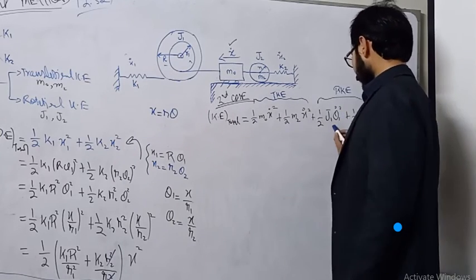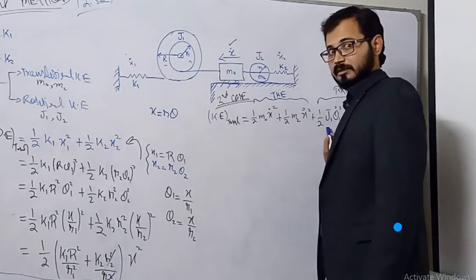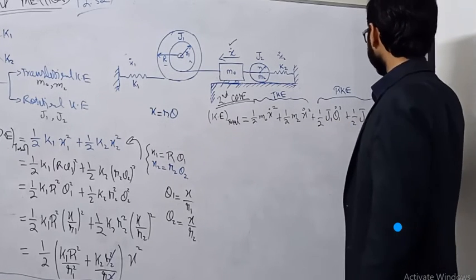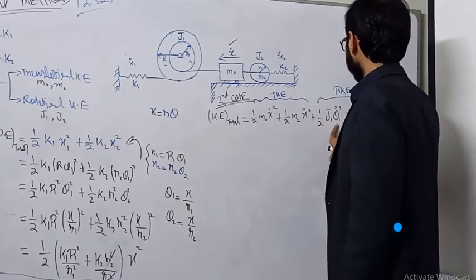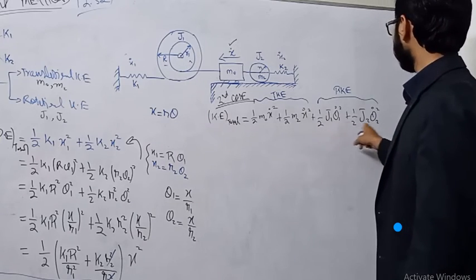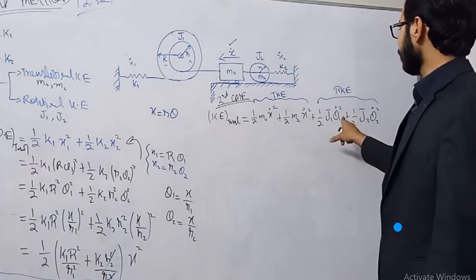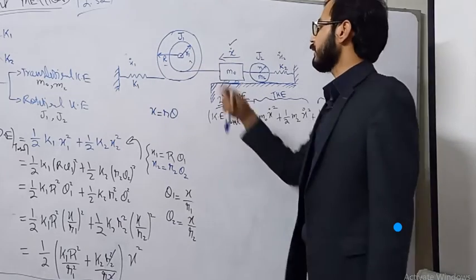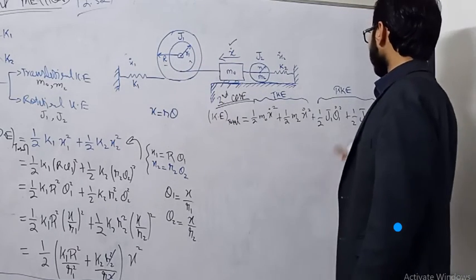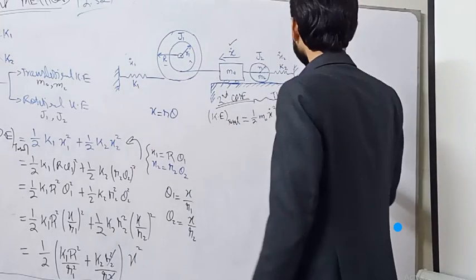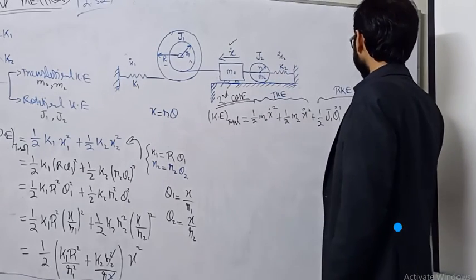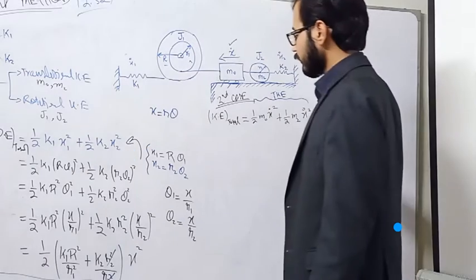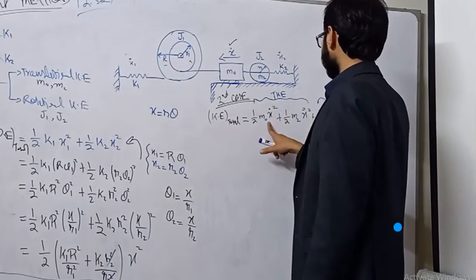So again, in this case, we have a rotational element, and theta 1 and theta 2 and the velocity components are in the form of theta 1 naught and theta 2 naught. So we need to convert these velocity elements to be independent of the radius of these disks. If we want to get rid of the radius of the disk because they are changing the velocity, we want to convert this theta 1 naught element and theta 2 naught element into the x naught element.